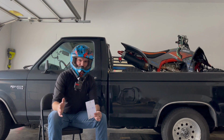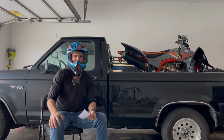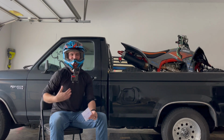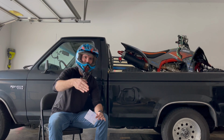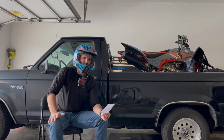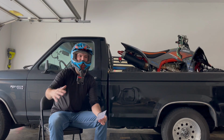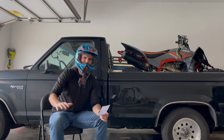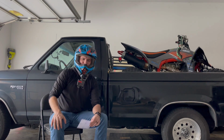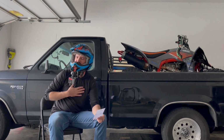Next thing, new handlebars. To me personally, they sit too low. I'm 5'11"-ish in that range, and when I stand up, I'm almost looking over the handlebars because I have to lean down so far. If you're a little shorter, maybe like 5'8", 5'9", it might not be a problem. I think I'm just right on that range where it's a little too low down there. I gotta really bend over. So I would prefer to get some new